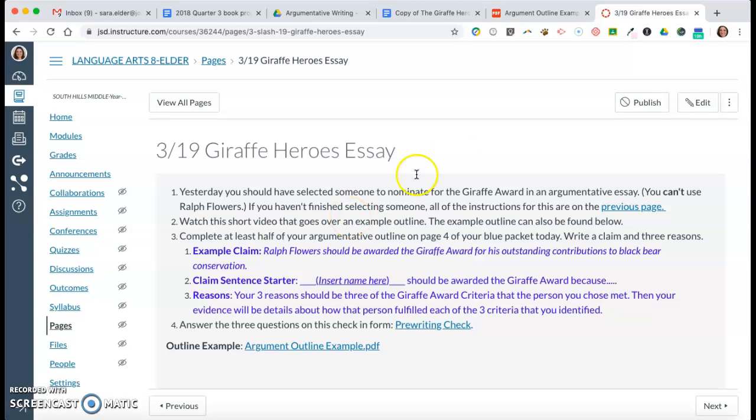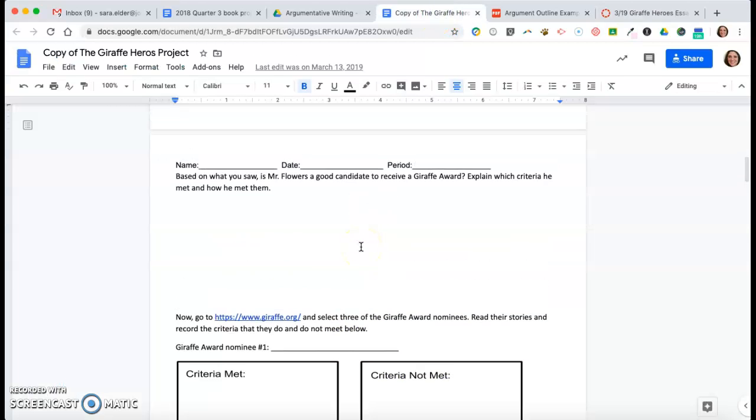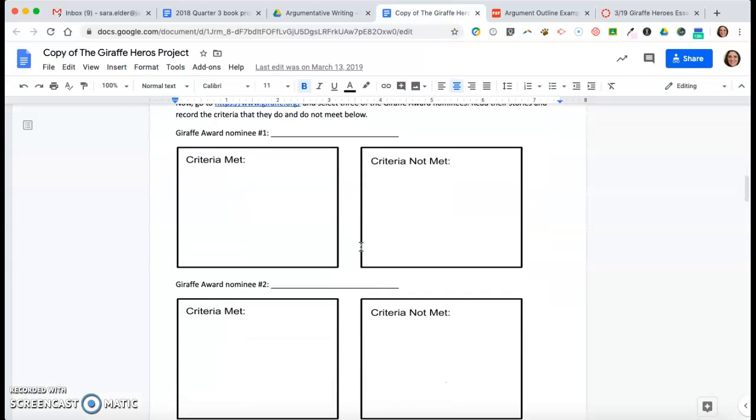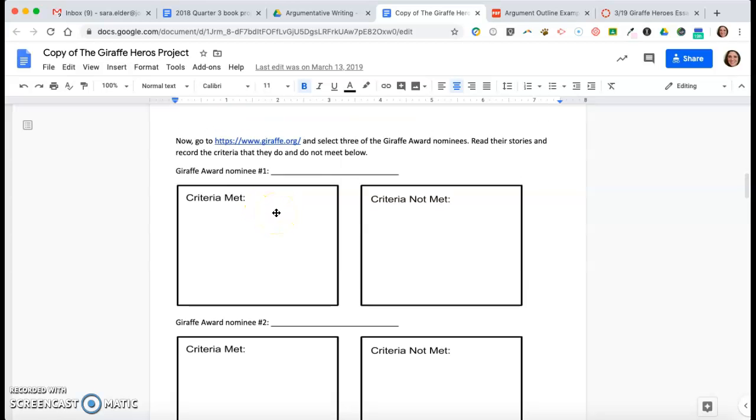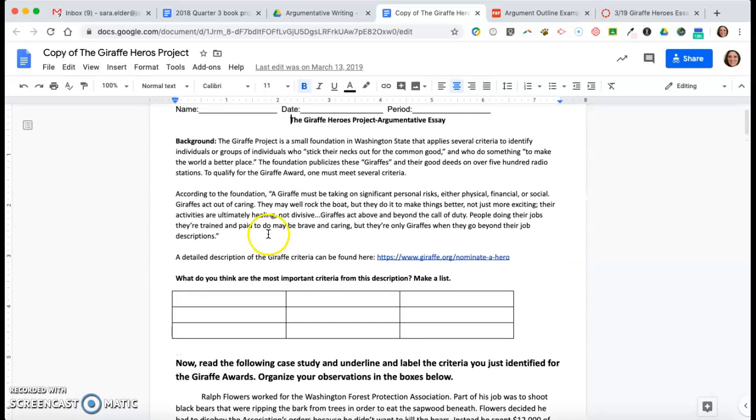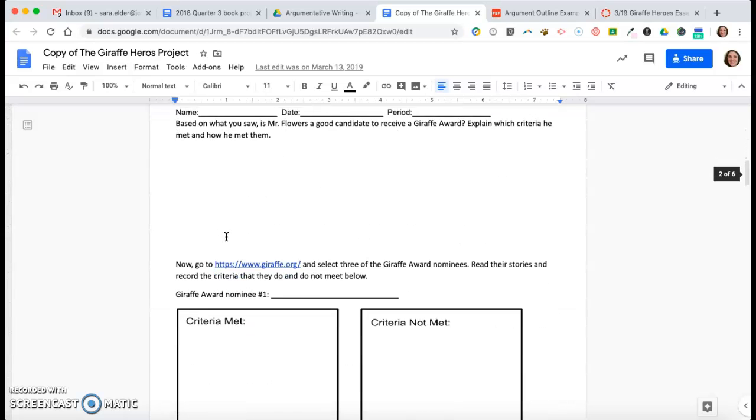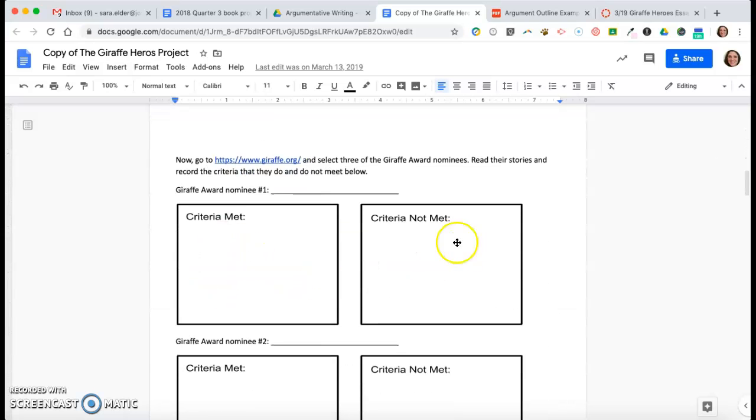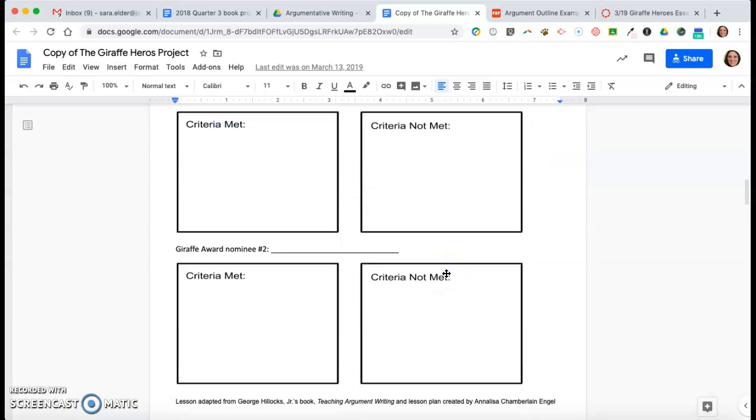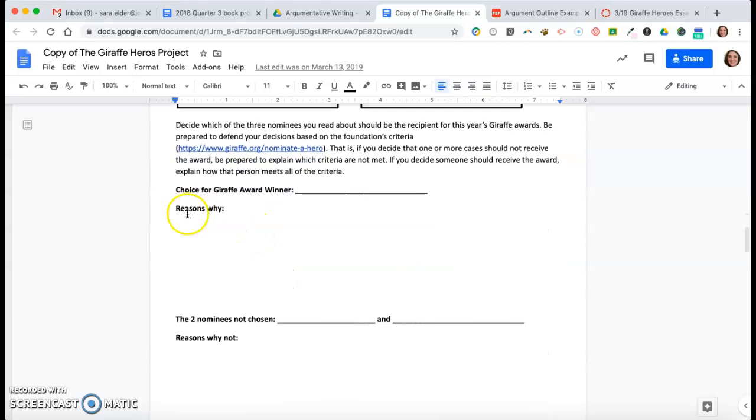Hi, yesterday for your lesson, you should have finished your research for a person that you want to nominate for the Giraffe Heroes Award. And to do that, you were using this paper and evaluating people that you researched for the giraffe criteria that was listed up here. And then when you found someone that met all of the criteria and didn't have anything in the criteria not met box, you need to select them and list your main reasons why so you can start an outline for